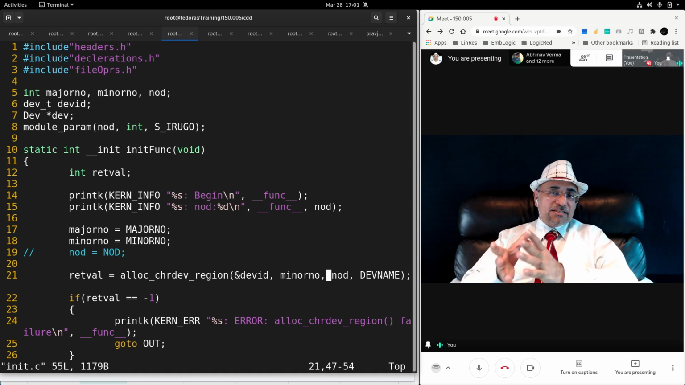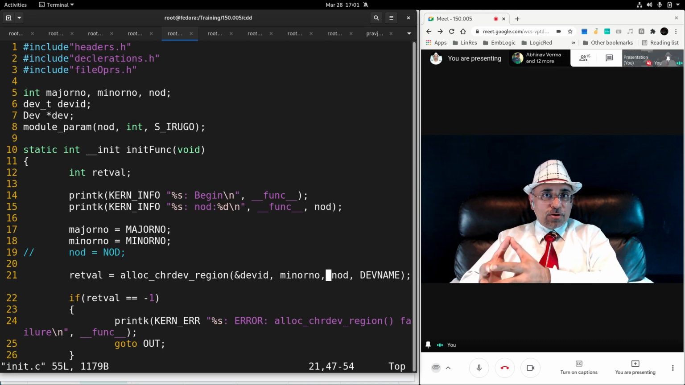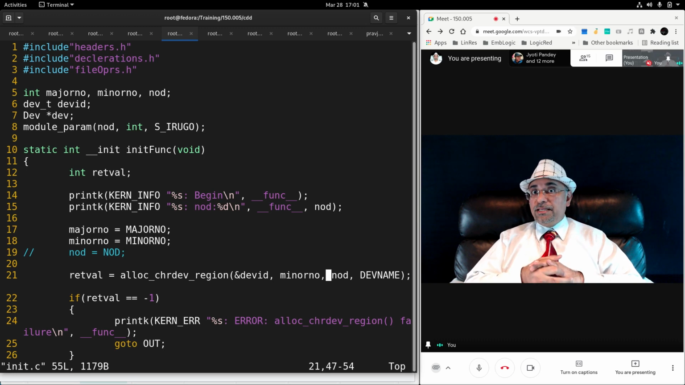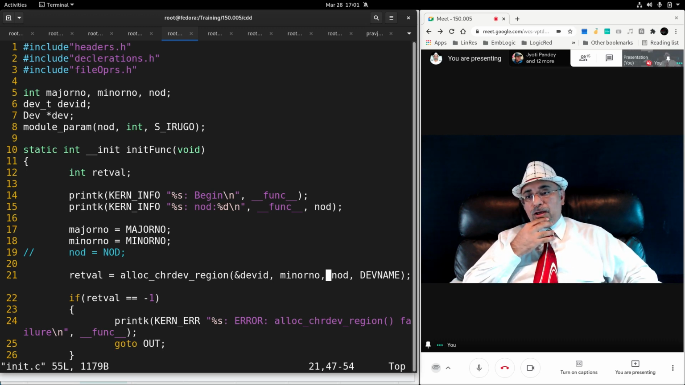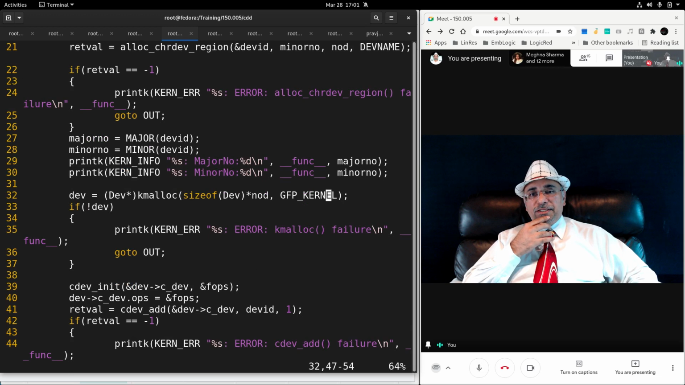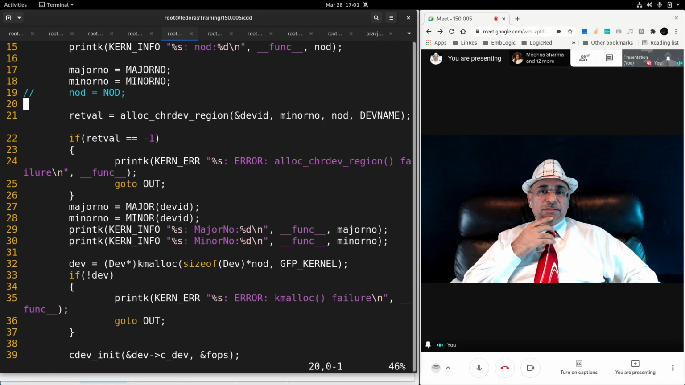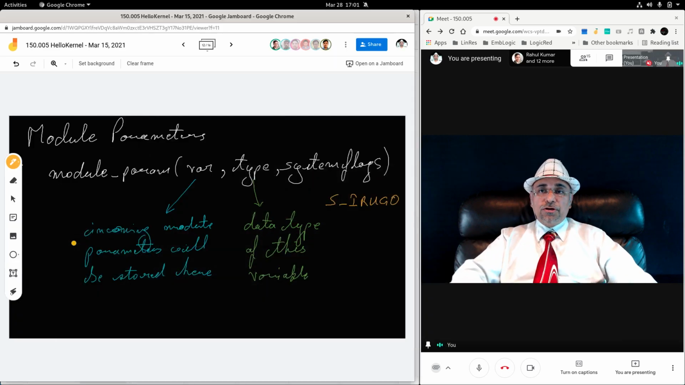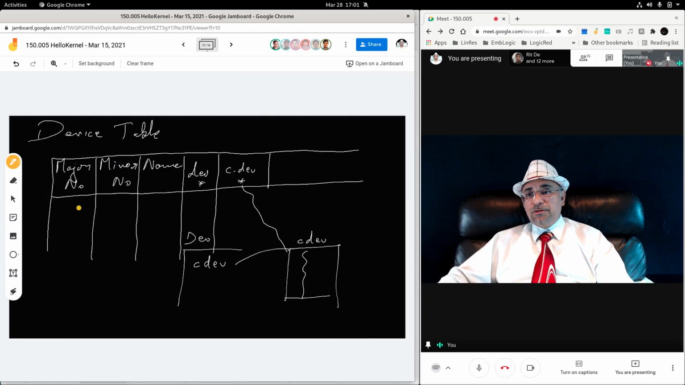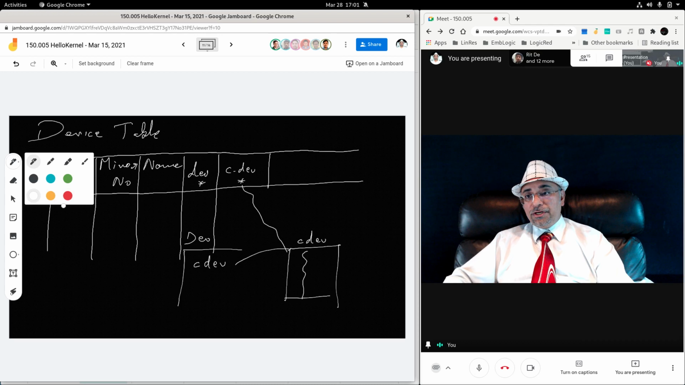Whereas the device IDs are given by the device driver to the device ID called minor number. And there are 20 devices now, so there should be 20 minor numbers. Okay. We are allocating space. We are making a device table entry for 20 devices. That means in this device table you have 20 entries in total,